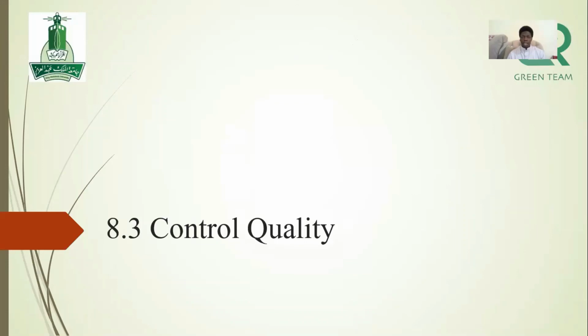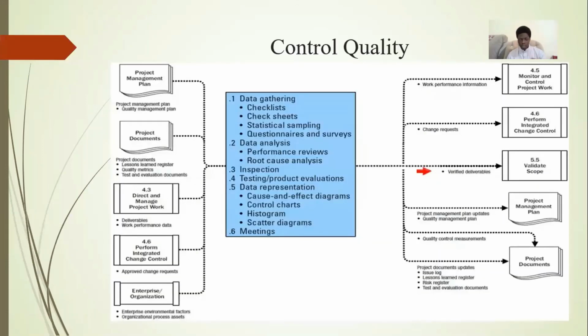control quality. Here we check the quality of the deliverables that have been delivered to the stakeholders, okay? To ensure that the project is going on schedule and within the assigned budget and achieving the requirements from the stakeholders, which is the scope of the project. Okay. The outputs are change requests, work performance information, updates to the master plan and project documents, and the verified deliverables